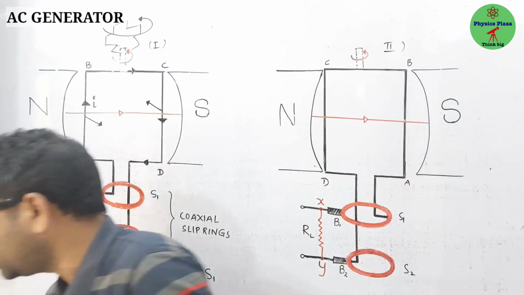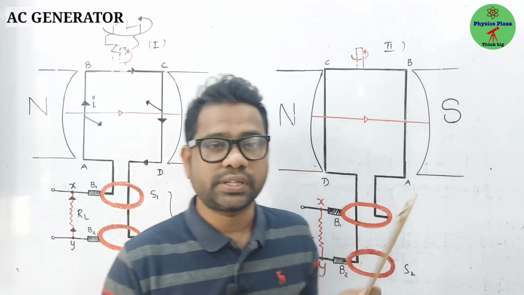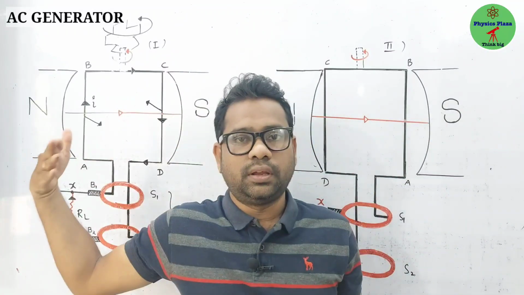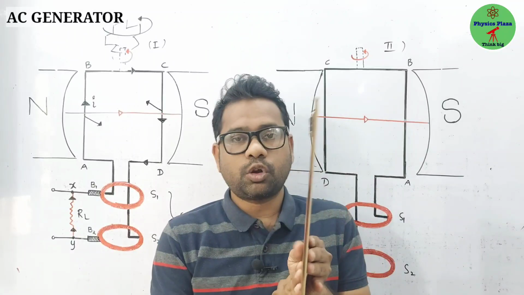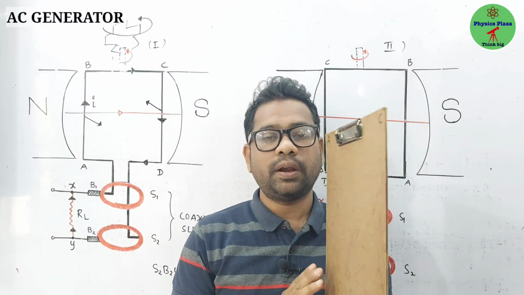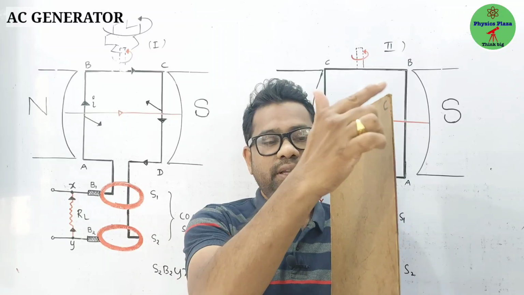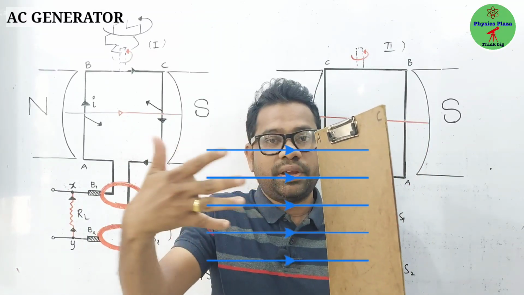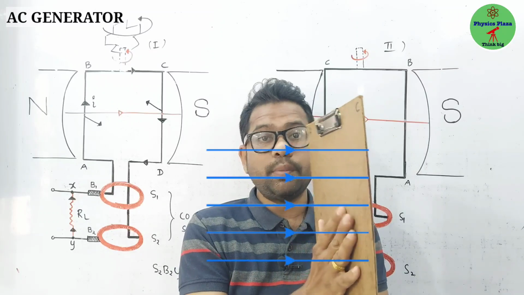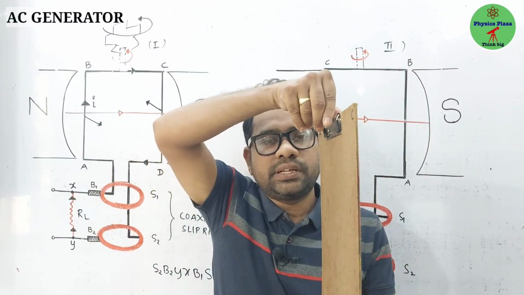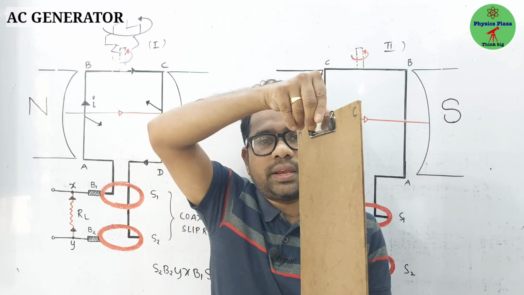Children, let us recall once again. Field is going like this, north to south. It is a copper coil. Now children, here is a surface, and field lines are passing. Don't you think the more number of field lines will pass, then flux will be more? Children, having flux is not enough. We need change in magnetic flux. As it is rotating like this, children,